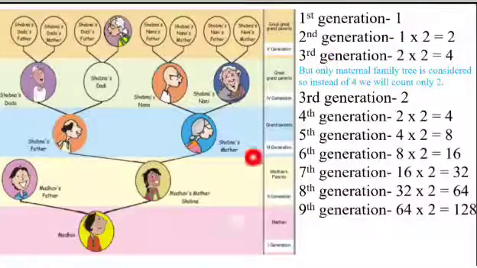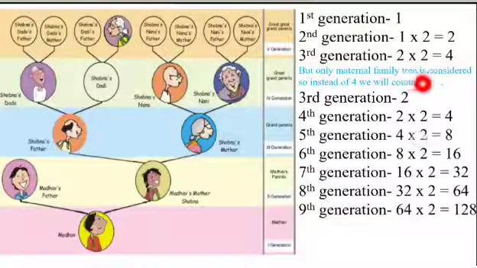For the first generation, there is only one child, that is Madhav. For the second generation, the parents will come, that is 1 and 2. So the second generation has 1 multiplied by 2. Then the third generation, according to Madhav's chart, is here, right? For the third generation, this is the 0 generation, this is the first generation, second generation 2, third generation will have 4. How will the third generation have 4? See, these are the parents of Shobna and these will be the parents of the father. It is not shown in the chart, but yes, they are there, right? So 2 twos are 4. The next generation will have 4 twos are 8, like that.